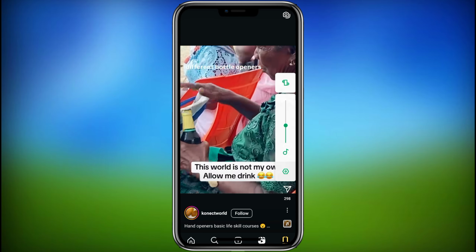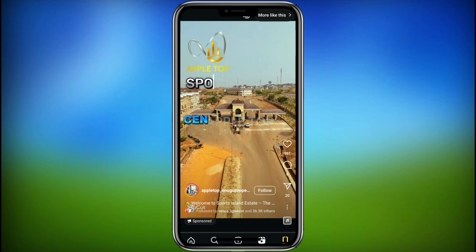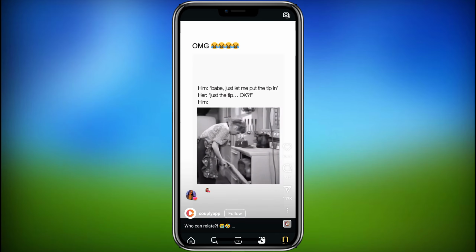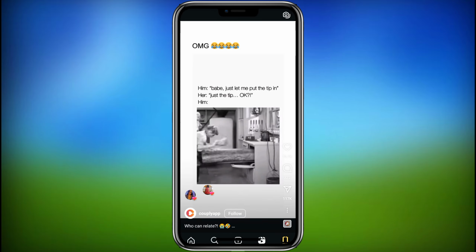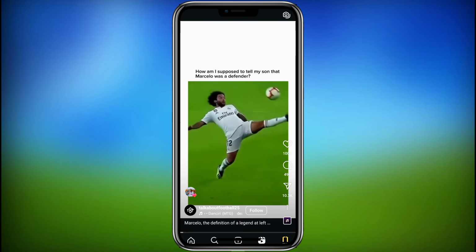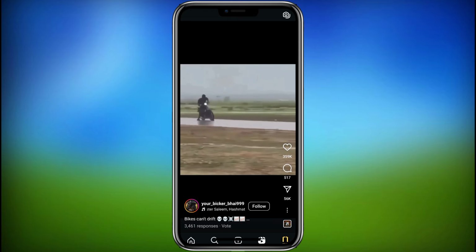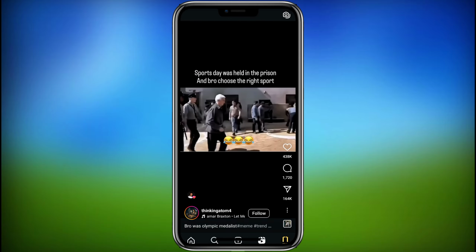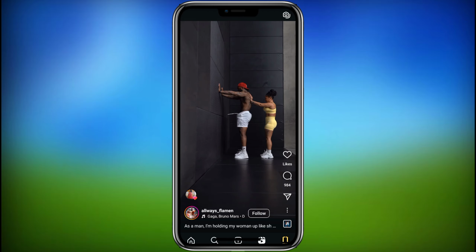Have you ever watched a reel on Instagram and then struggled to find it again later? You're not alone. Instagram doesn't offer a direct way to check your recently viewed reels, which can be super frustrating. But don't worry, in this video, I'll show you simple tricks to help you track down those reels without endless scrolling. And stick around until the end, because I'll also reveal how to invite collaborators after posting a reel, a